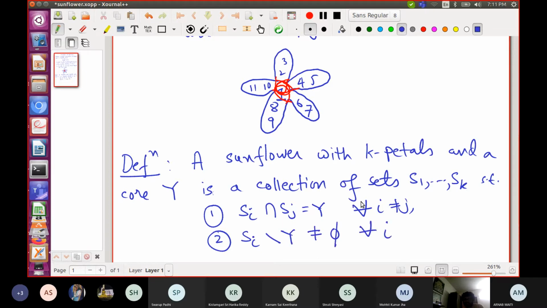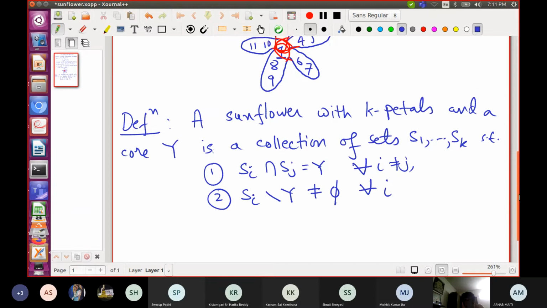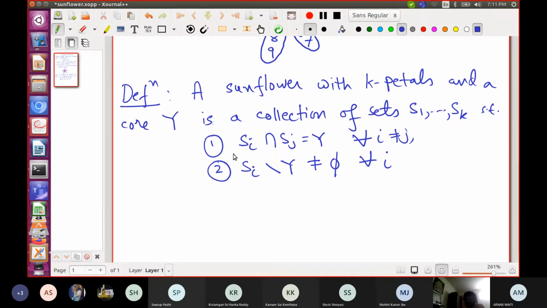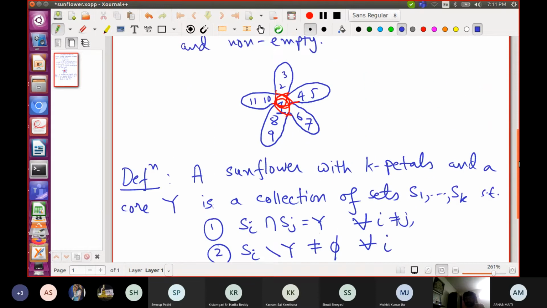This notation is the universal quantifier "for all," in case some of you have not seen it. So what does it say? A collection of sets is called a sunflower if, one, all the pairwise intersections are the same set Y, and if I subtract this set Y from the sets, the remaining parts are all non-empty.